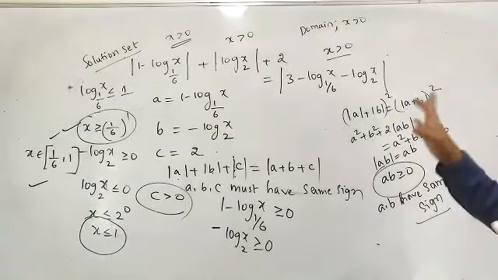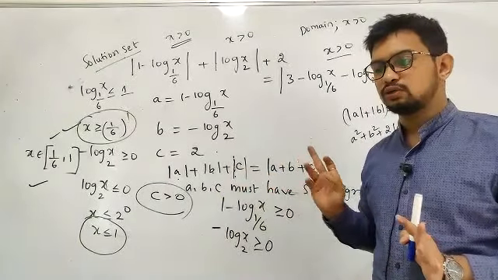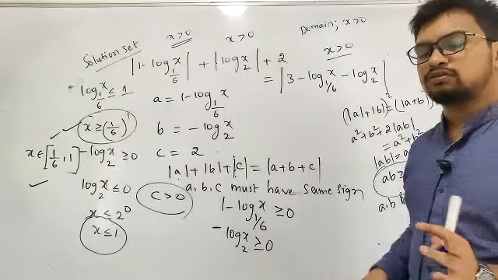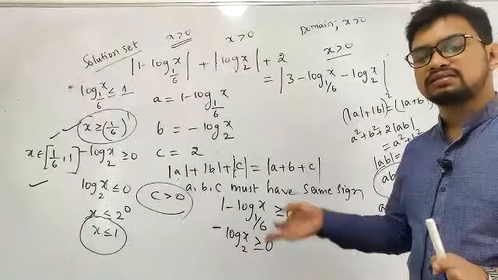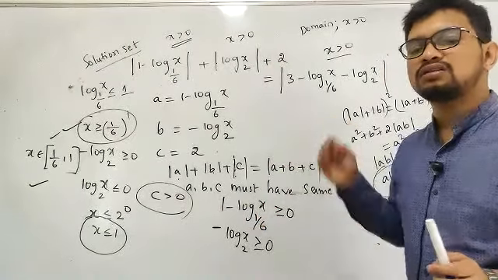Someone who had joined in between, please try to take a screenshot. And we extended the modulus definition. We have learned with respect to 2 things, and whenever they have given you with respect to 3 things, it has to maintain the same sign. All 3 things have to maintain the same sign, and that is the only ideology in solving this problem.